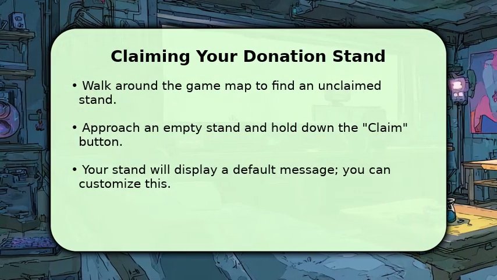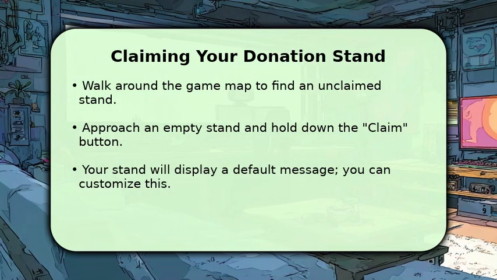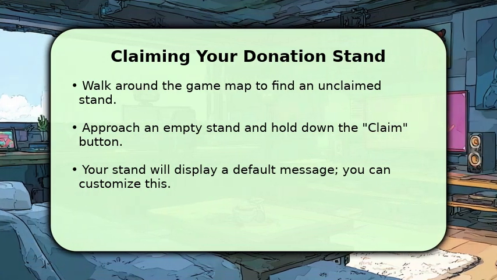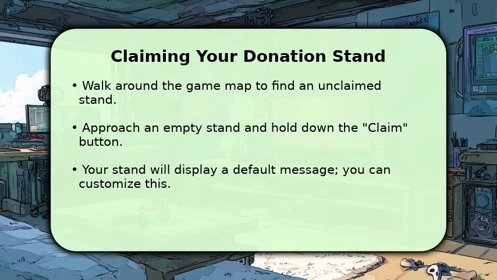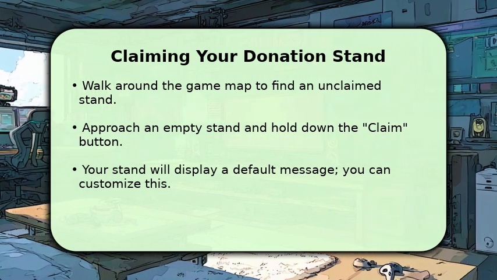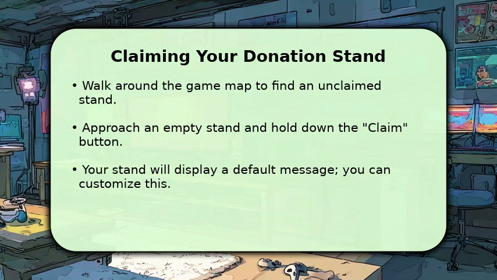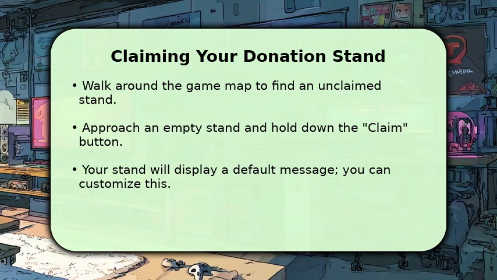Once you've entered the PLS Donate game, your next step is to find and claim a donation stand. Simply walk around the vibrant game map until you spot an empty stand. When you find one, approach it and hold down the claim button that appears on your screen. Your stand will then be yours, ready for customization. Try to pick a spot where many players pass by, as this significantly increases your chances of being noticed and